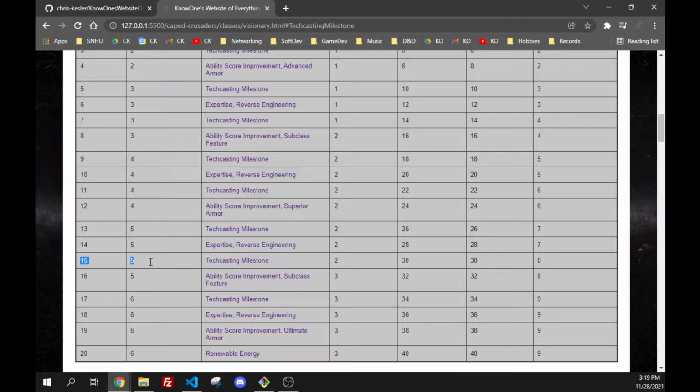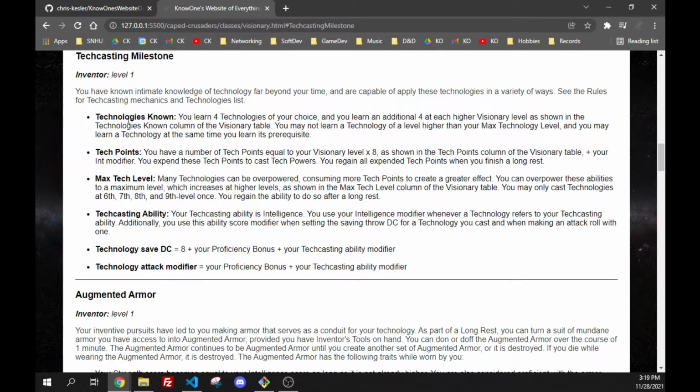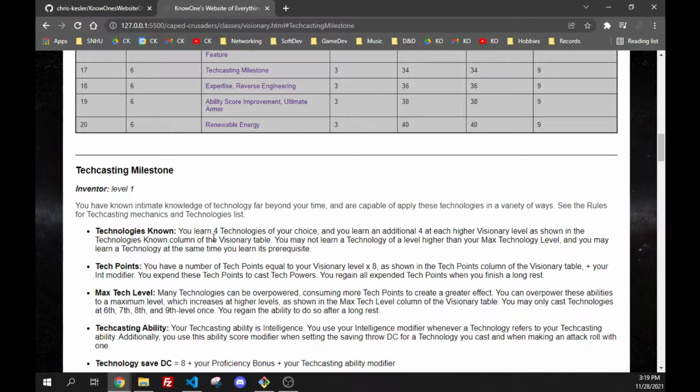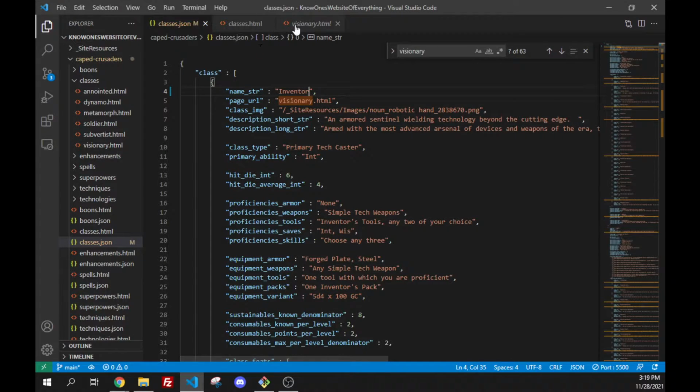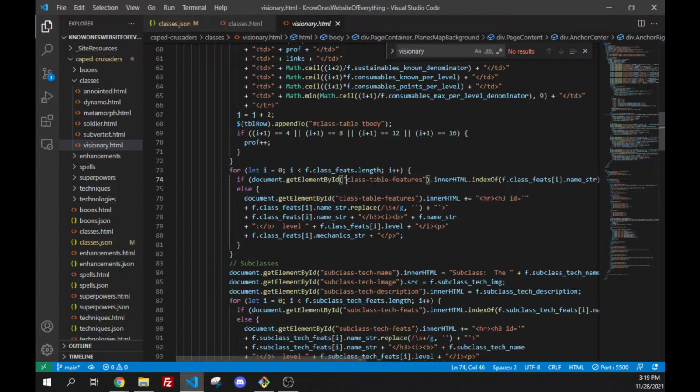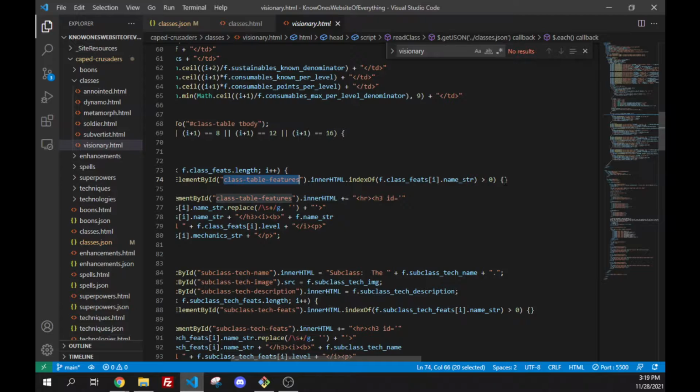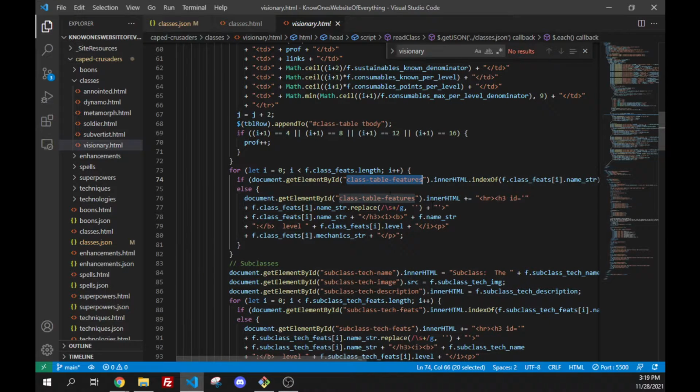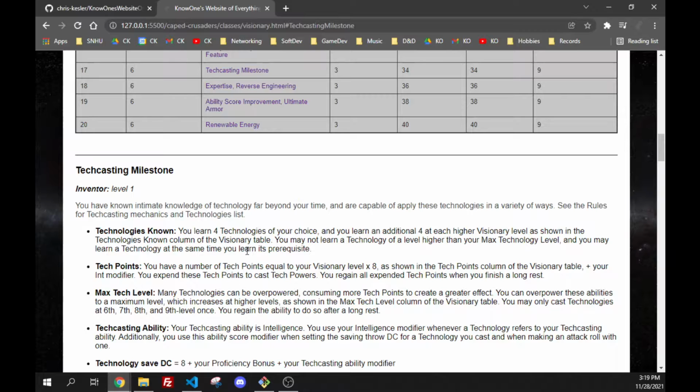So let's look at the level 15 tech casting milestone. What happens when we click on that? It takes us to the tech casting milestone at level 1. I've included a portion of script that reads for the class table features HTML element and searches for a feature with a similar name. The tech casting milestone